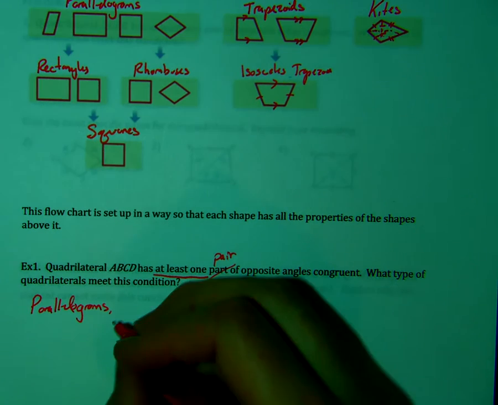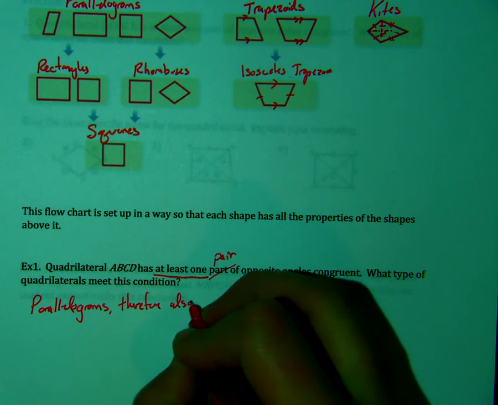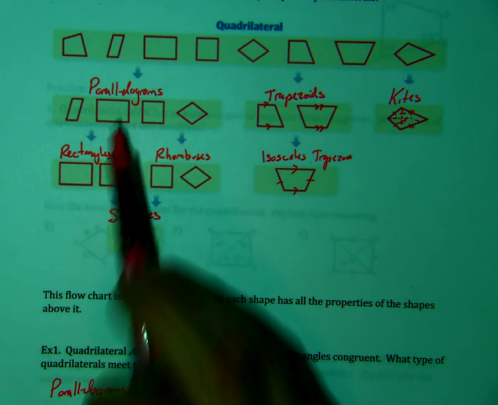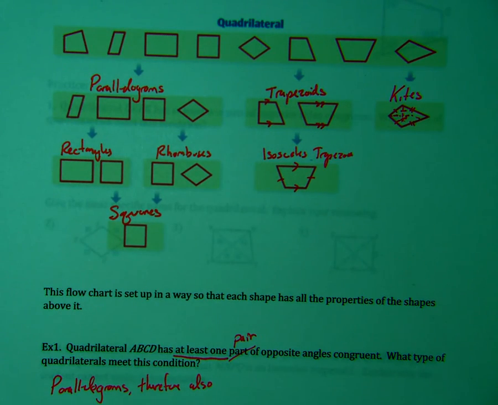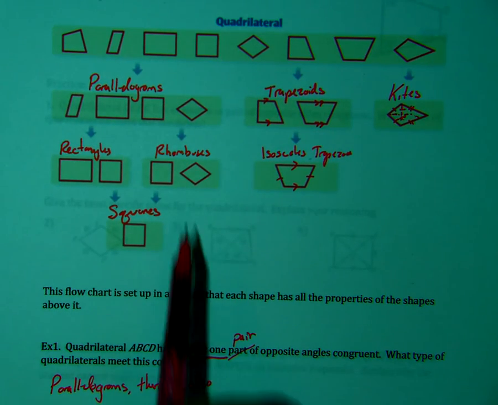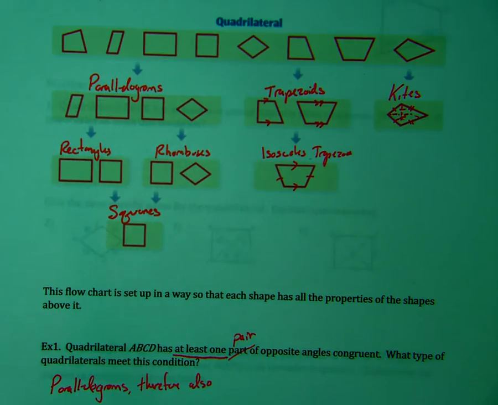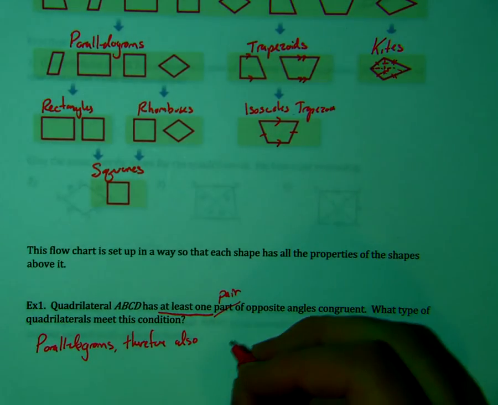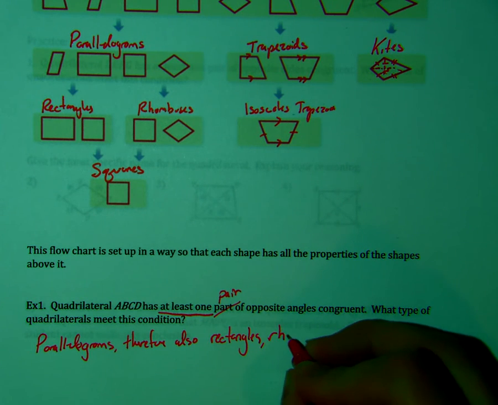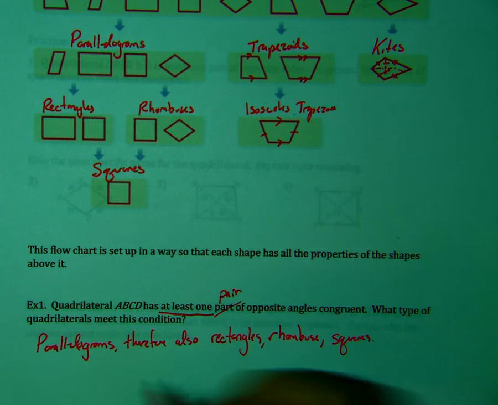And what this also means is that because parallelograms work as having at least one pair of opposite angles congruent, all of the subsets of parallelograms should also work, because everything lower on the flowchart is also a parallelogram. Okay? So therefore, also rectangles, rhombuses, squares. Okay, so we already have